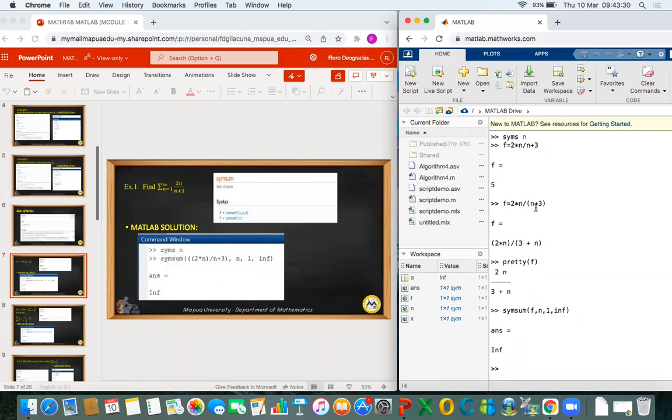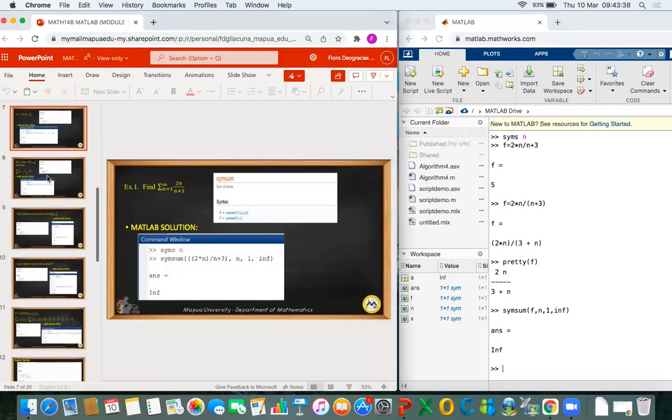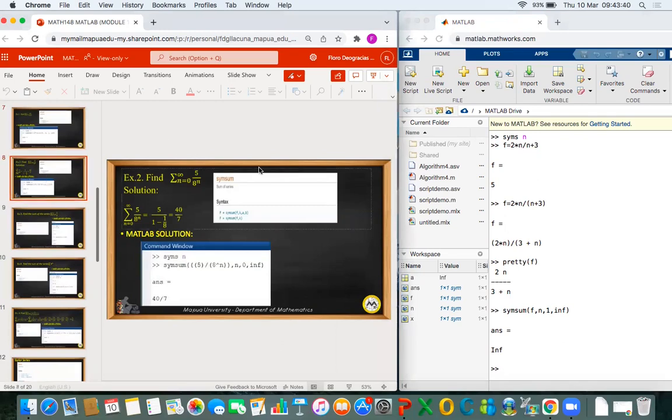Are there any questions for this first example, class? None. Okay. So we go now to the second problem here, class. So we have here the summation of 5 over 8 raised to n from n equals 0 to infinity. Okay, so manually, class, how do we compute this? So using